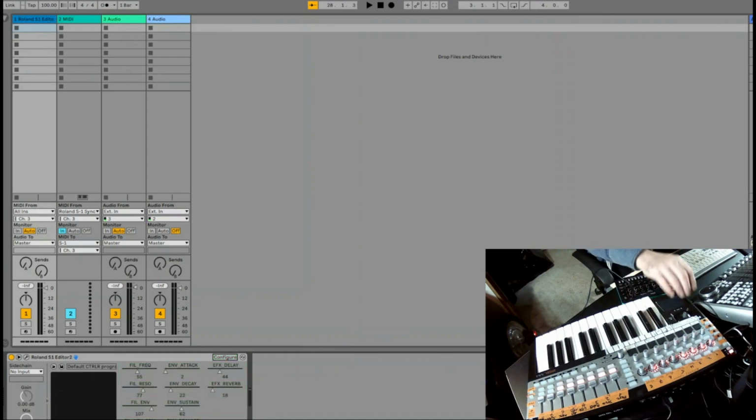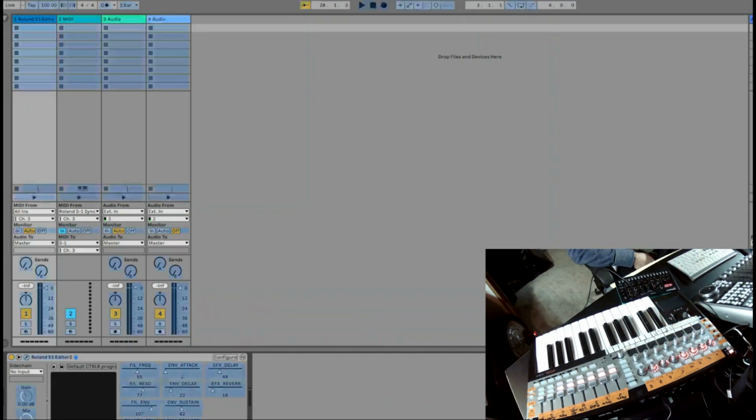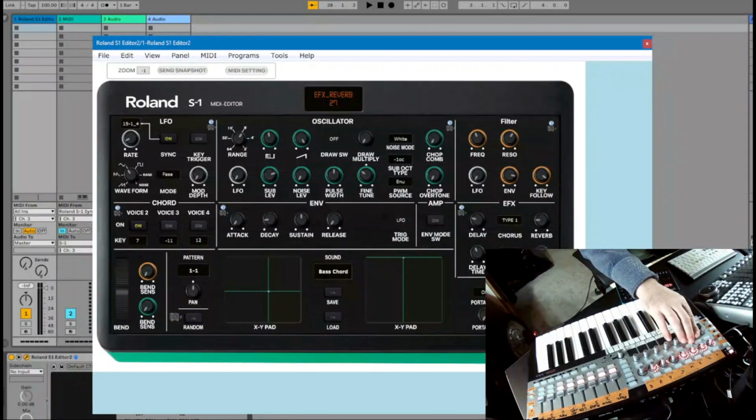So if I twist them, you will not see any movement here or in the editor. For this, we need to go to our MIDI, click on our MIDI, click, twiddle our knob, 1 and 8, come out of there, number 9. Back. So we watch the delay and the reverb. So now if I press play,